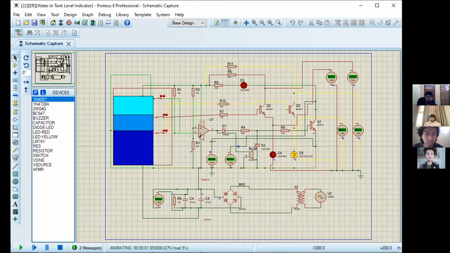If you can hear the sound of the buzzer, there's a sound of the buzzer here. I may pause it. All the lights are active, so it indicates the water is already at the peak of the tank. It's in danger of overflowing, and obviously this is not a water-saving method, as it produces more water than you can imagine. To prevent this, the objective of our device is to prevent water wastage. So that is the Proteus simulation.